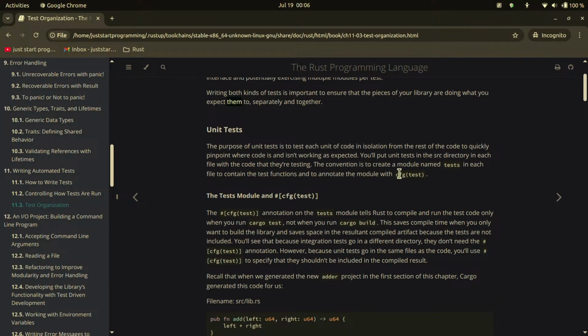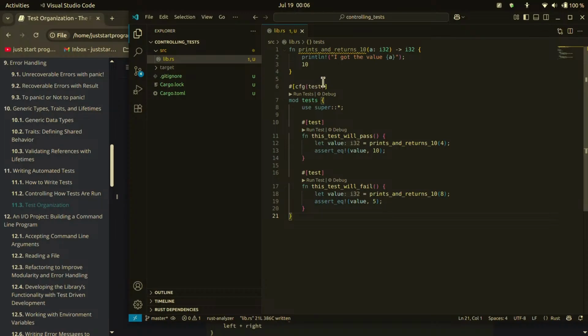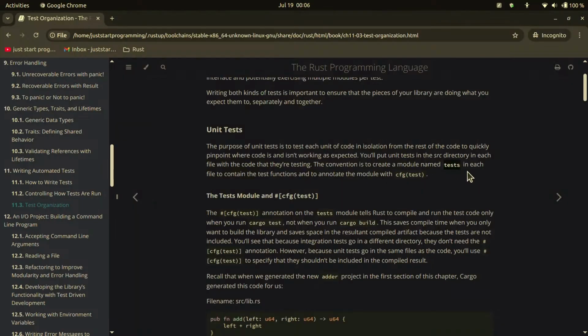The convention is to create a module named tests. Okay, I think that's the module that we have here. And this is a library. In each file to contain the test functions and to annotate the module with